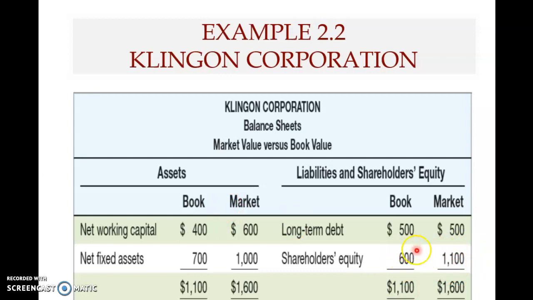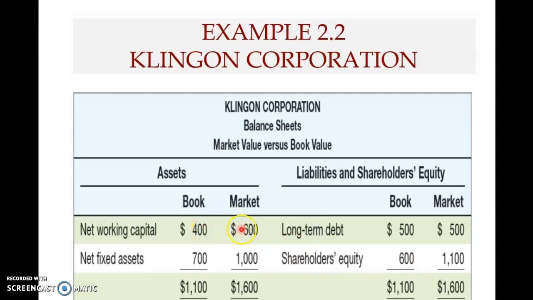Therefore the shareholders' equity in terms of book value is 600, a difference of 500 here. This 500 relates the difference. The difference will be picked up by the shareholders' equity. So if the market value of assets is greater than the book value, of course then the market value of equity will be greater than the book value of equity. So here you find that this 500 increase in market value compared to book value of shareholders' equity arises from